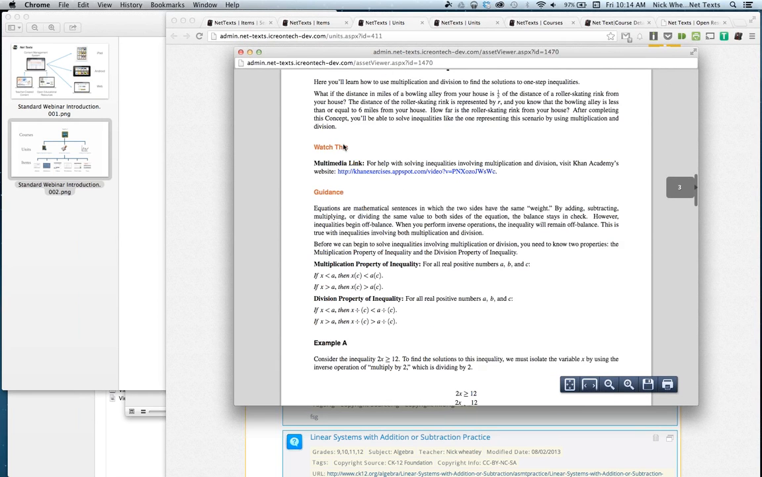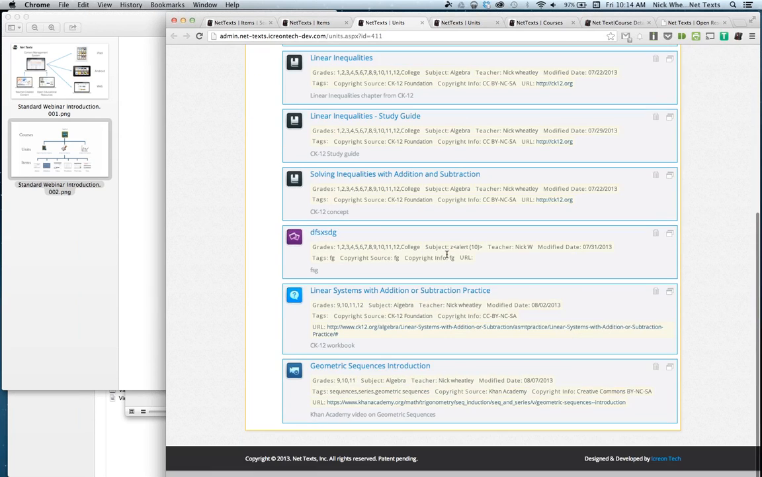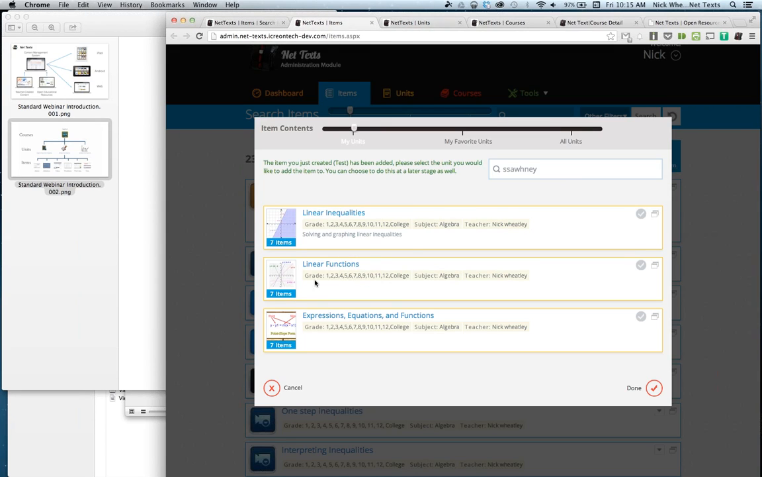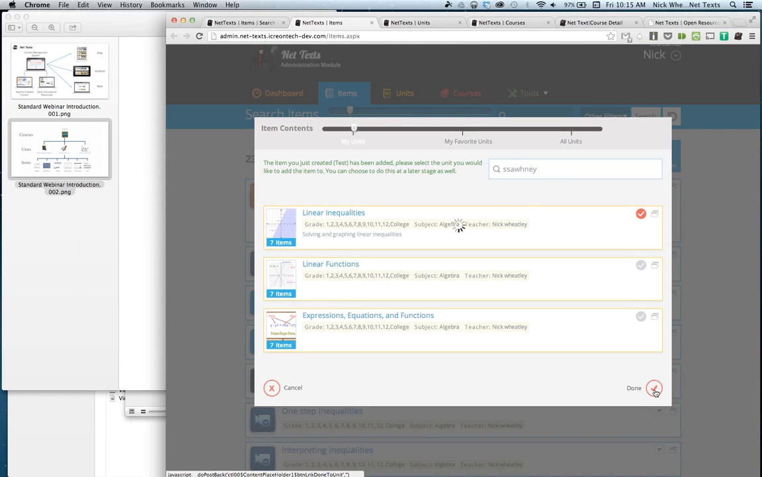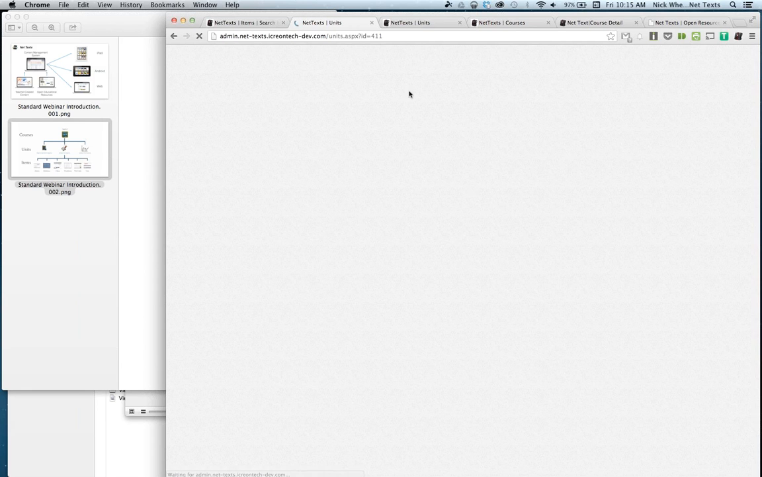So I can see that this is a textbook chapter. I can see what's already in this unit. So then when I'm deciding what unit I want to add this item into, then it's a little easier. So I'm just going to select any units that I want to add the item to, then click Done. So it shows me a list of all the units that I've added this item to. I can click OK to return to my item list, or I can just click on this unit name